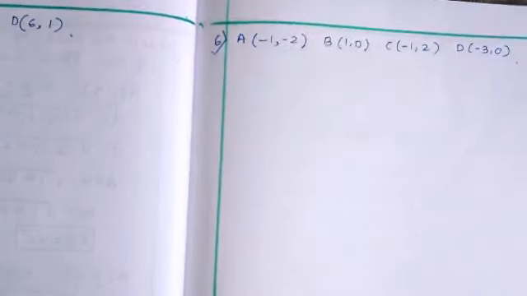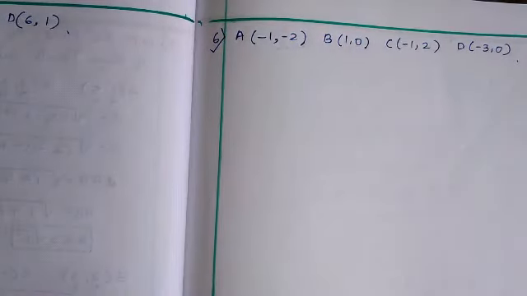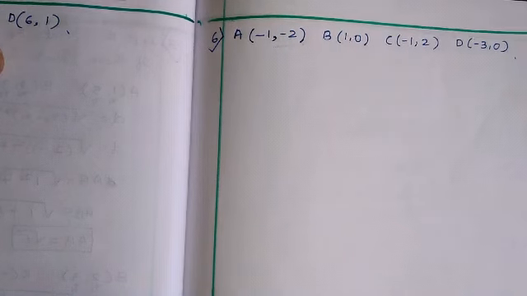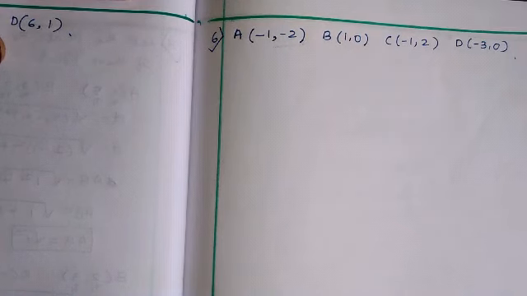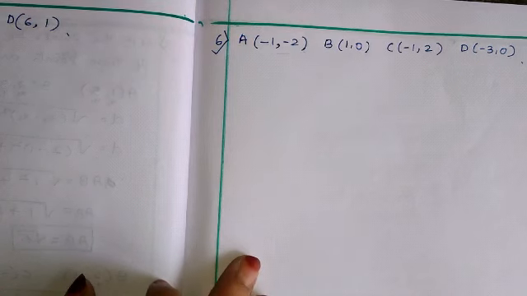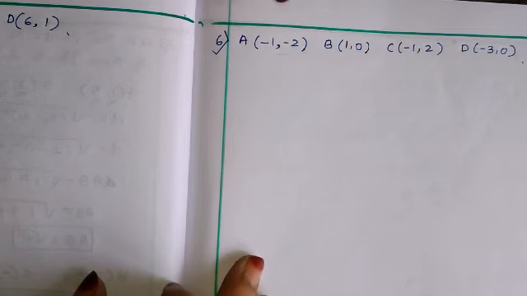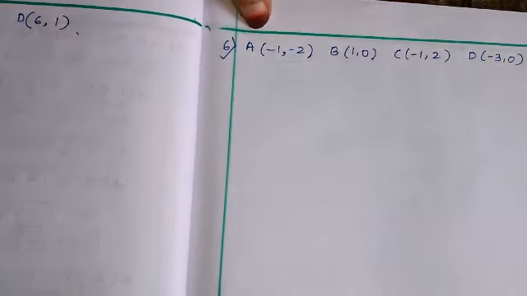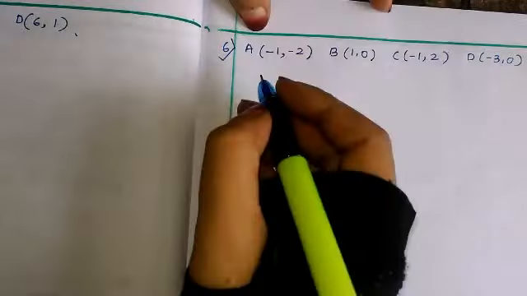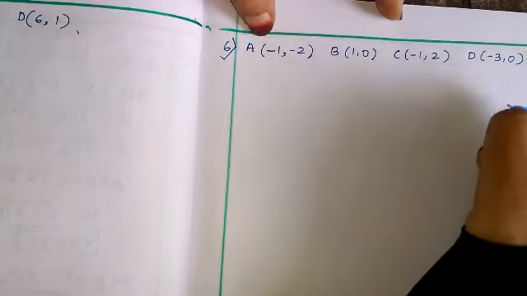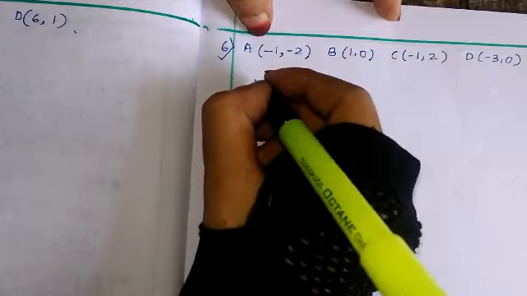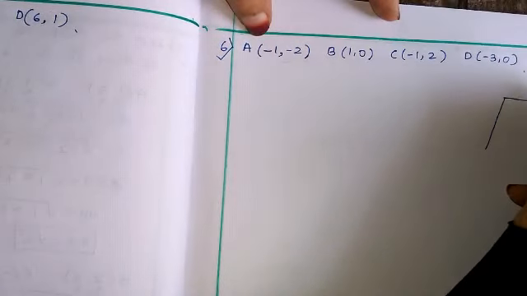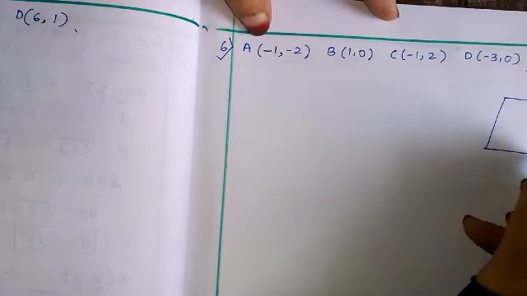Okay, now we know that any four-sided figure is nothing but a quadrilateral, right? Now let us see the points I have given. We have to check which type of quadrilateral it is, whether it is a square or rectangle or parallelogram. Let us see. Same thing we have to do by distance formula. Now first I'll do AB. For example, one figure I'll draw. ABCD is a quadrilateral.